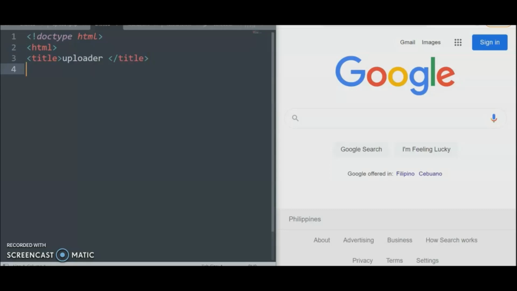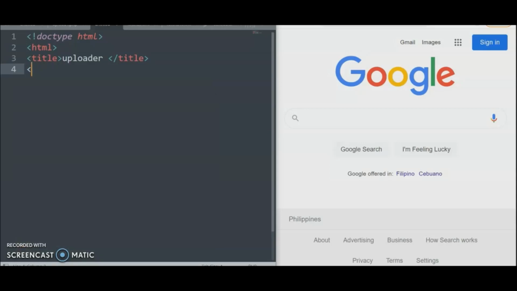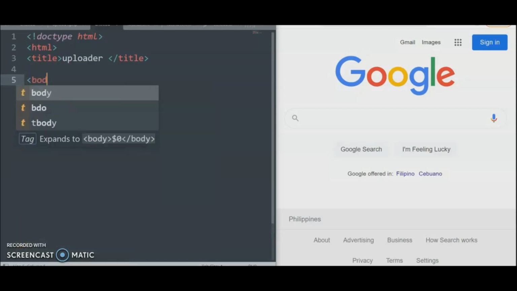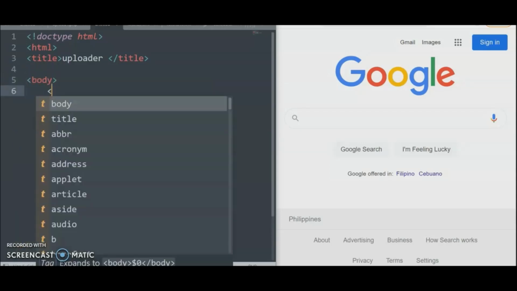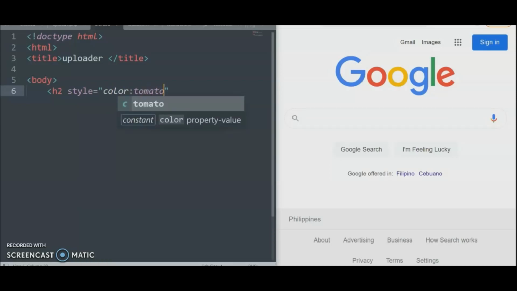And of course, the option is to put the head later on if you want to leverage the program. If you want to add more libraries to your program, you can use the header or the head. Let us start with the body, and let us put a simple header here. So we have here H2, and then put the style for the ornaments, and use the tomato color. Basic